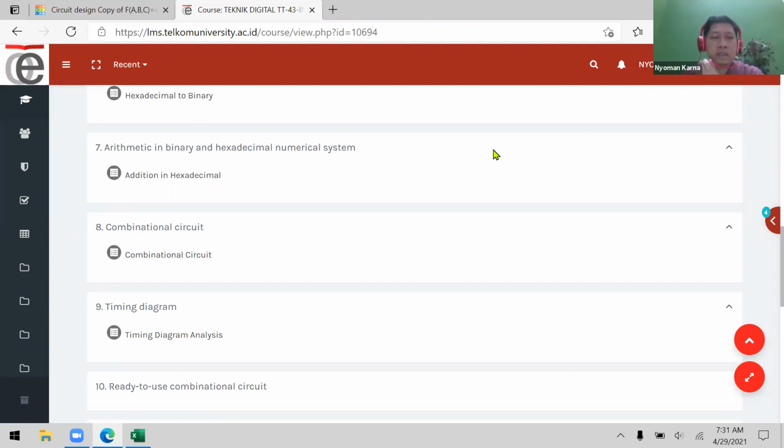Today, as mentioned in the syllabus, we're going to discuss the timing diagram. Last week, we already discussed the combinatorial circuit, which is a circuit using several types of logic gates, for example, OR gate, AND gate, and inverter, combined together to create a specific function. Last week, we used the example of function f equal to A B naught plus BC, and we're going to use that function and that logic circuit for our timing diagram analysis.